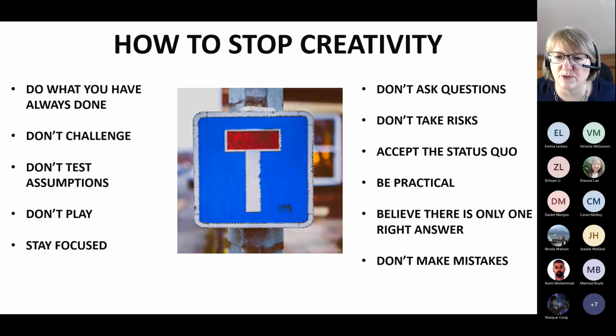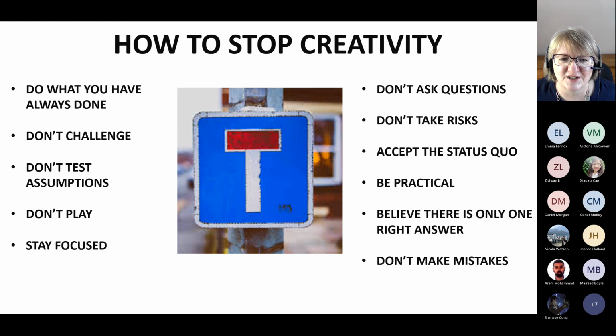Okay, so now we've looked at what creativity is. We've looked at stretching that creative muscle, and I'm going to give you the slide so you'll have that memory of what those things are, and you might choose a couple that you quite like. And we've looked at creative thinking techniques. And before we go on to the interview questions, I just want to also have a quick look at what not to do.